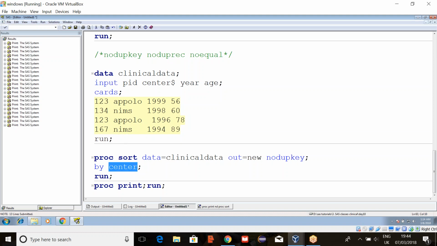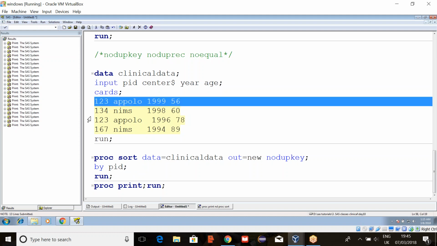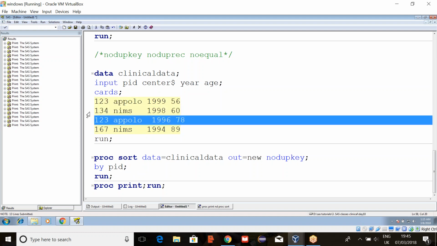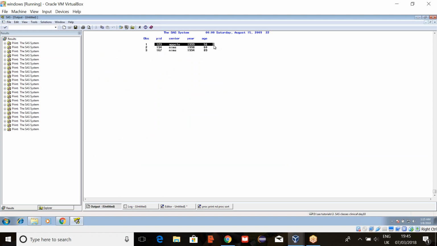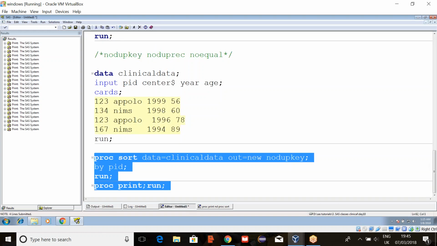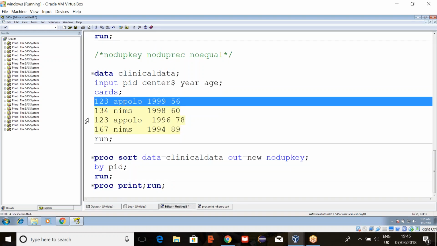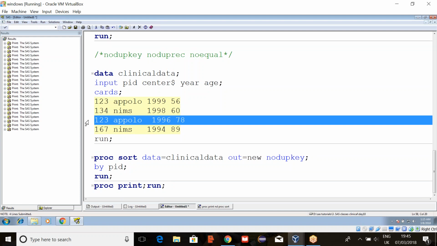Is it considering based on center? Okay, gotcha. If you want to use the ID, we can take patient ID. Now here the subject 123 has two records, so it will remove the second record. It is keeping the first one and removing the second one.